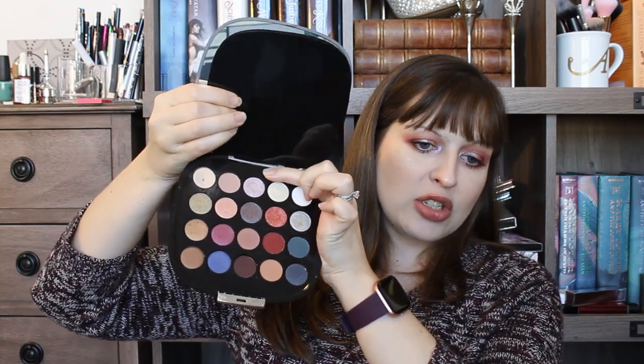As far as everything that was rolled in last time, let's start with my Marc Jacobs The Wild One palette. I love this palette so much. The shade that I pulled in is this shade right here. They don't have names, so I just went by numbers. So this is the third one in the palette. It is a beautiful kind of iridescent, shiny, metallic lavender type of color that I really enjoyed using all over the lid. I used it a total of 7 times during the last part of the month before this update,